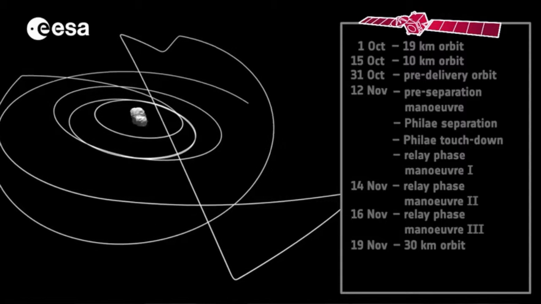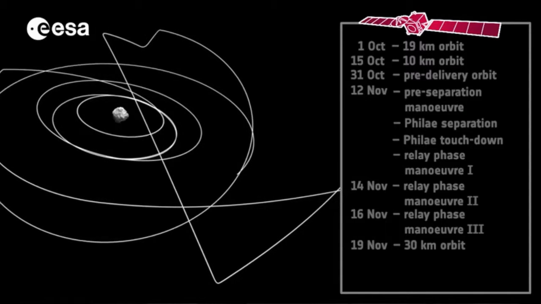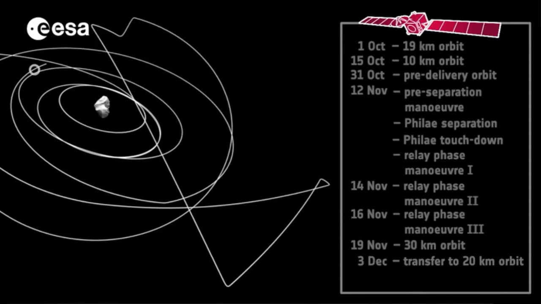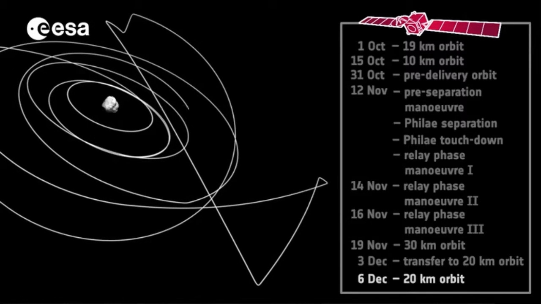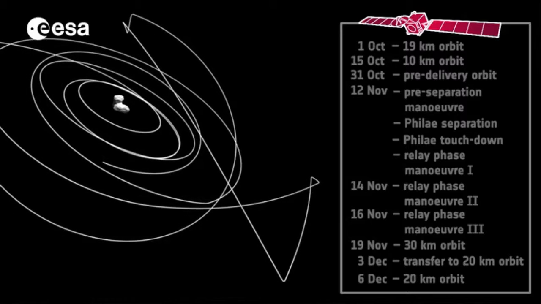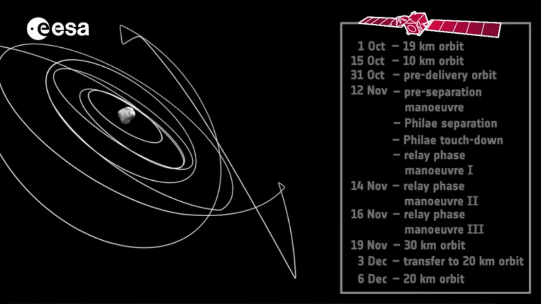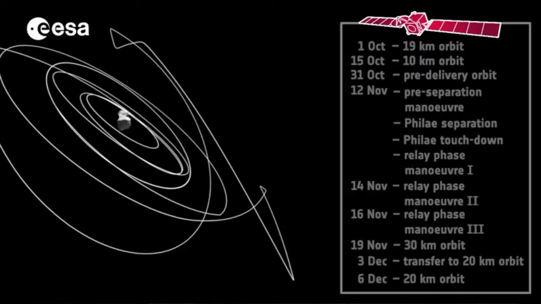Also, there were a number of maneuvers in a row without being able to do the orbit determination. Technically, it's very complex. And once the lander was separated, the spacecraft would actually point to the lander and make